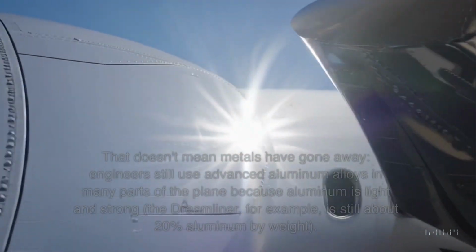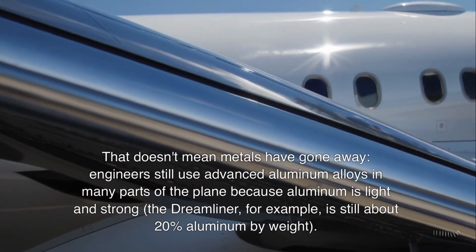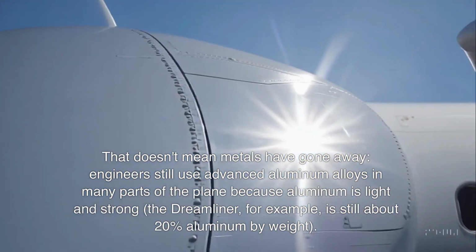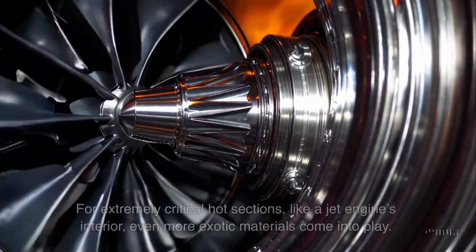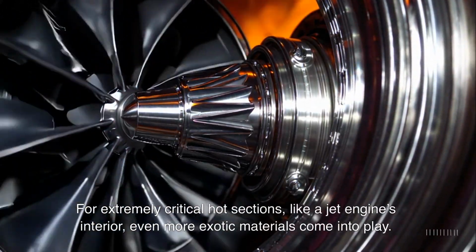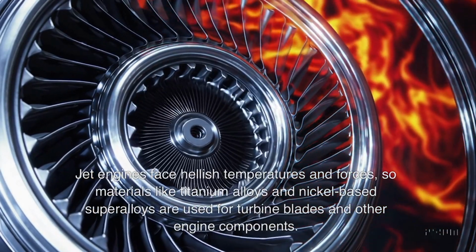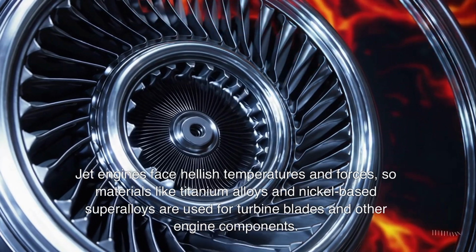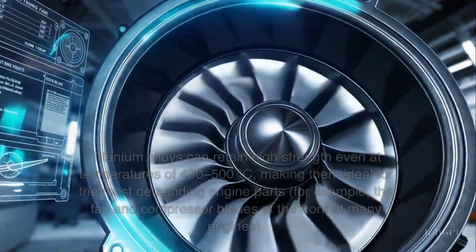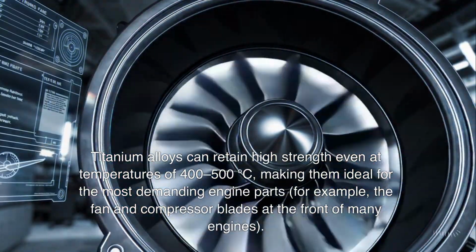That doesn't mean metals have gone away. Engineers still use advanced aluminum alloys in many parts of the plane because aluminum is light and strong. The Dreamliner, for example, is still about 20% aluminum by weight. For extremely critical hot sections, like a jet engine's interior, even more exotic materials come into play. Jet engines face hellish temperatures and forces, so materials like titanium alloys and nickel-based superalloys are used for turbine blades and other engine components. Titanium alloys can retain high strength even at temperatures of 400 to 500 degrees Celsius, making them ideal for the most